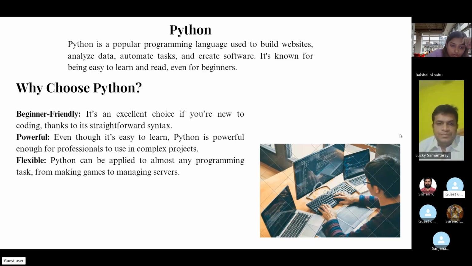So why choose Python? If you want to learn Python, the question will be, why choose Python only? Why not another programming language? Because Python is beginner friendly, very powerful compared to other programming languages, and flexible. First, beginner friendly. Python code is easy to understand.